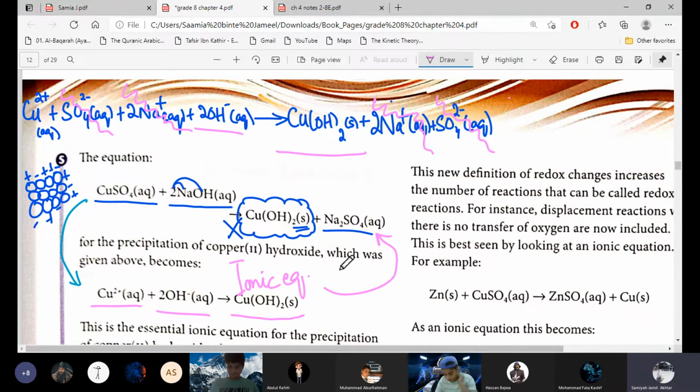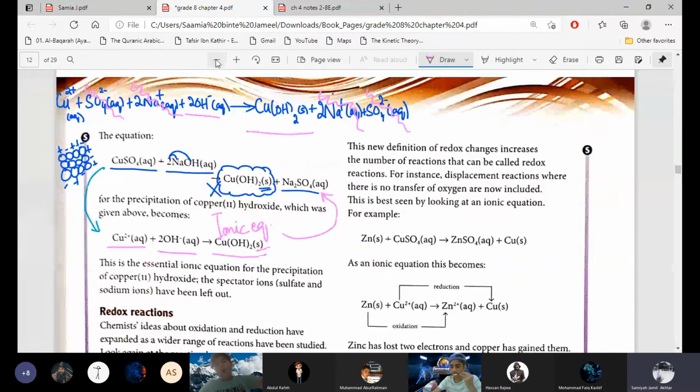In the questions after this topic, in question 4.9, I think, there are some questions in which the equation is given to you and you have to develop the ionic equation for it. That's how you write the ionic equation. You will split them into their ions, then cancel the spectator ions and write the rest of the equation down. You can see that copper is aqueous, hydroxide is also aqueous, and they combine to form a solid substance. So we write those ions whose state is changing during the reaction. This is all about ionic equations.